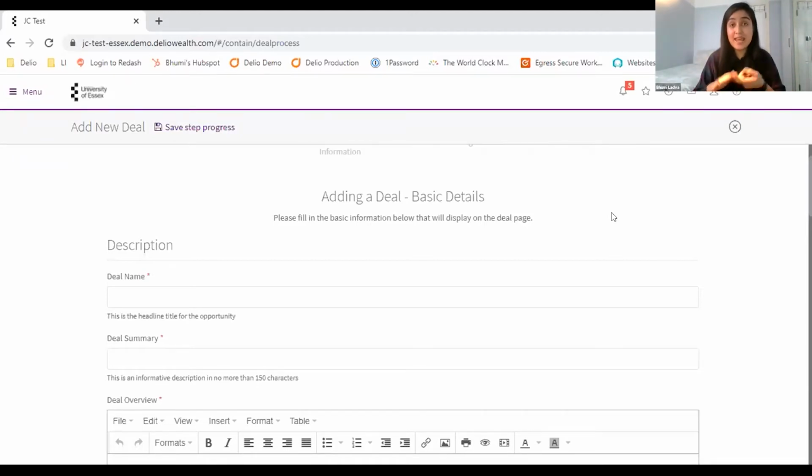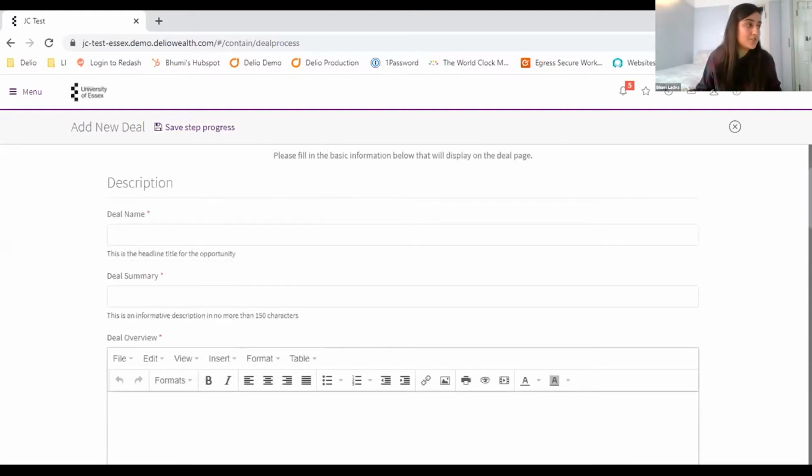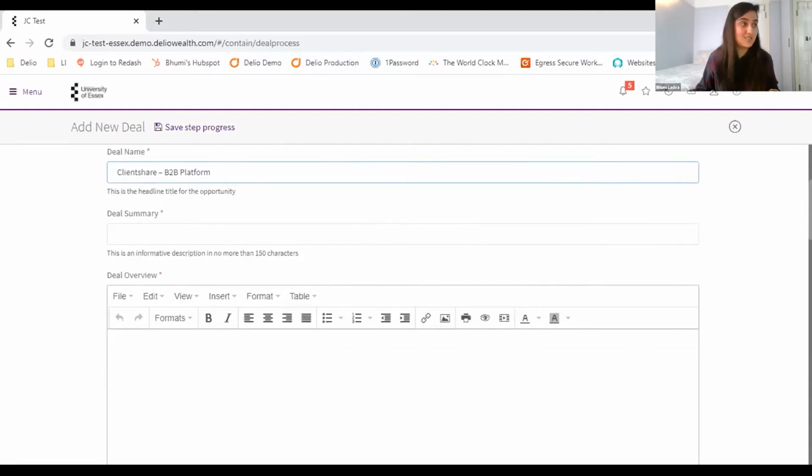So your deal name, your deal summary, and your initial minimum investment amount and funding sort are what make investors immediately attracted to your deal and want to find out more information. I'm just going to, if I'm looking this way, it's just because I'm copying some information across for ease. I'm going to start off by adding in my deal name. This is just an example deal.